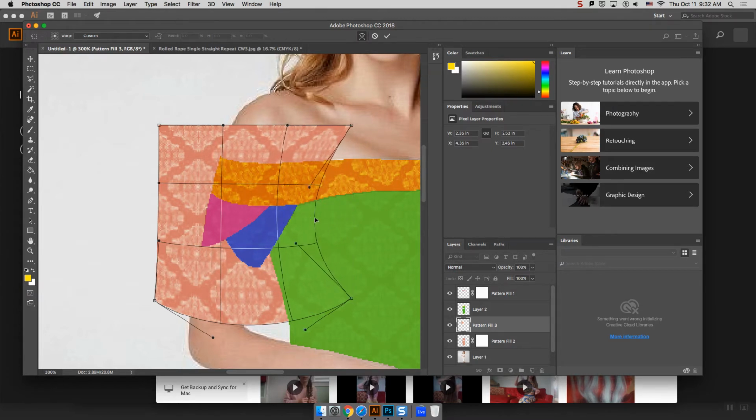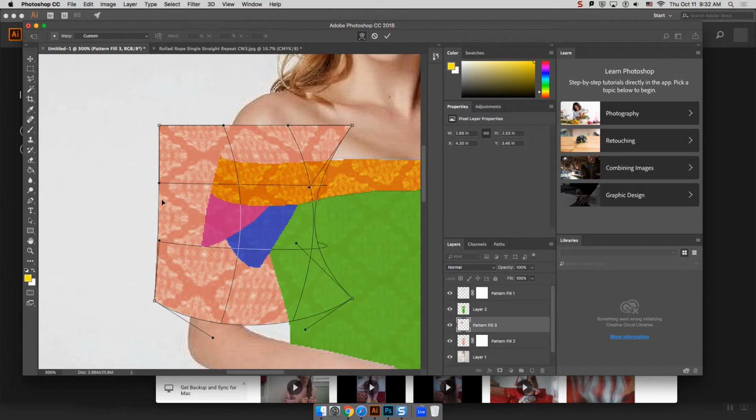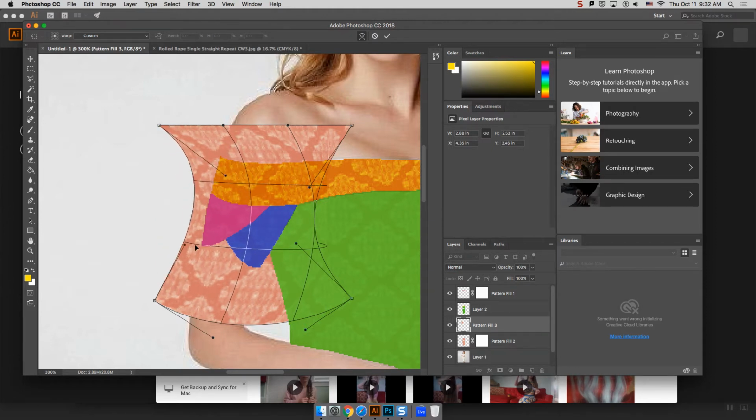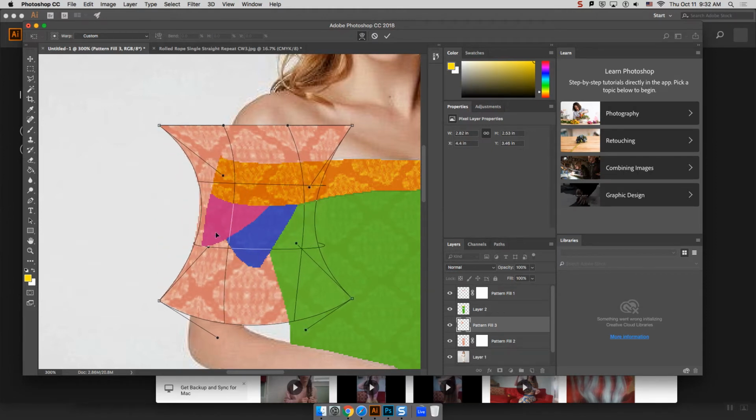But we can also grab on the lines and move them. So all I'm going to do on this, because it's such a little piece, is just bring in some of the, I'm going to crunch it over here so that it looks like it's going away from you as it moves. And we can do